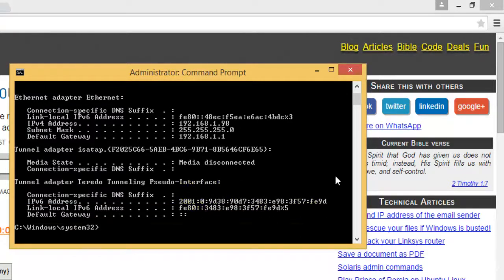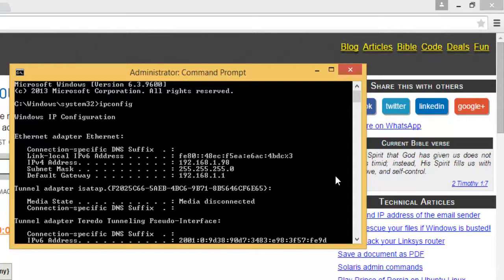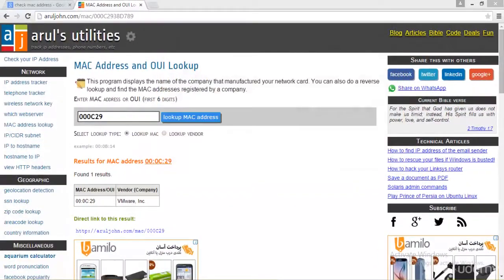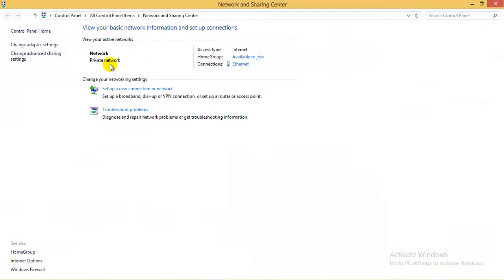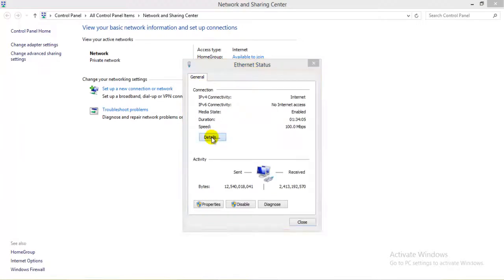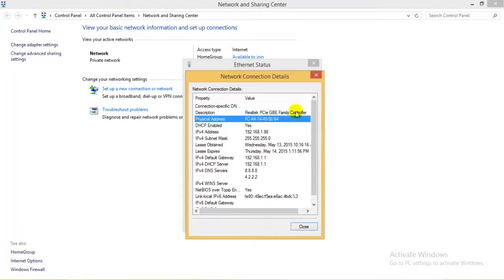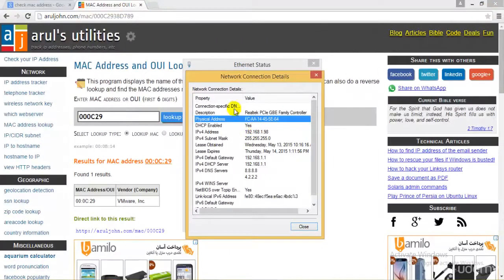So let me check the MAC ID and copy this MAC ID that we have, and paste it over here. I believe we have the MAC ID over here, the IPv6 address, perfect. So I'll just type it over here,